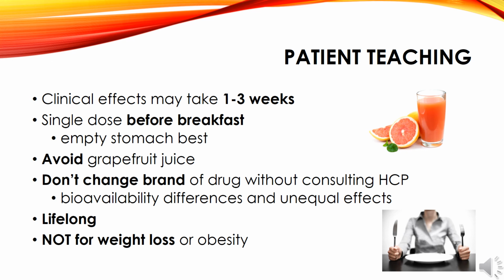Take a single dose before breakfast, because you want to take it on an empty stomach where the absorption is the best. Avoid grapefruit juice because it is metabolized in the liver and the P450 system affects that. Don't change the brand of a drug without consulting the healthcare provider or doctor, because they do have differences in how they affect the body, and it's important to make sure you have an appropriate therapeutic dose for that patient, and when you change it, then they might not have therapeutic levels anymore,